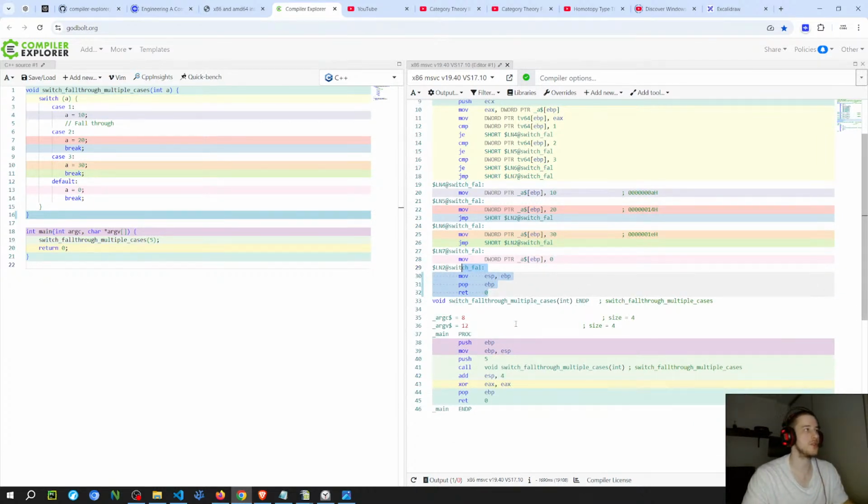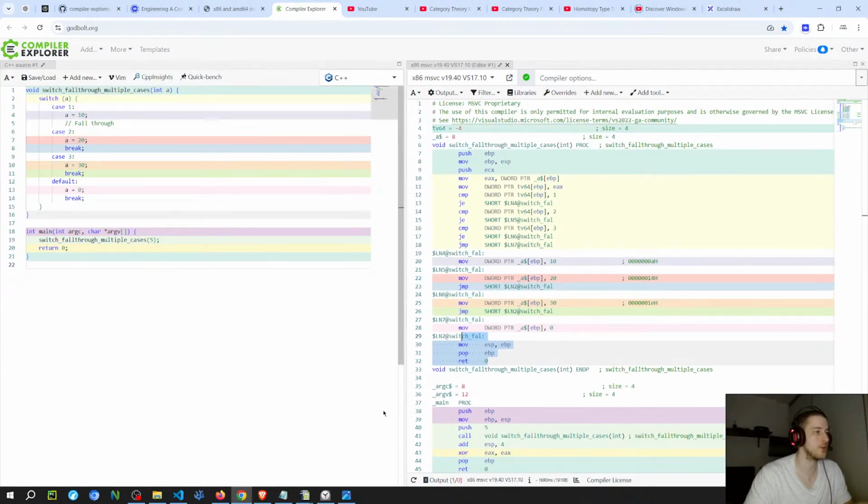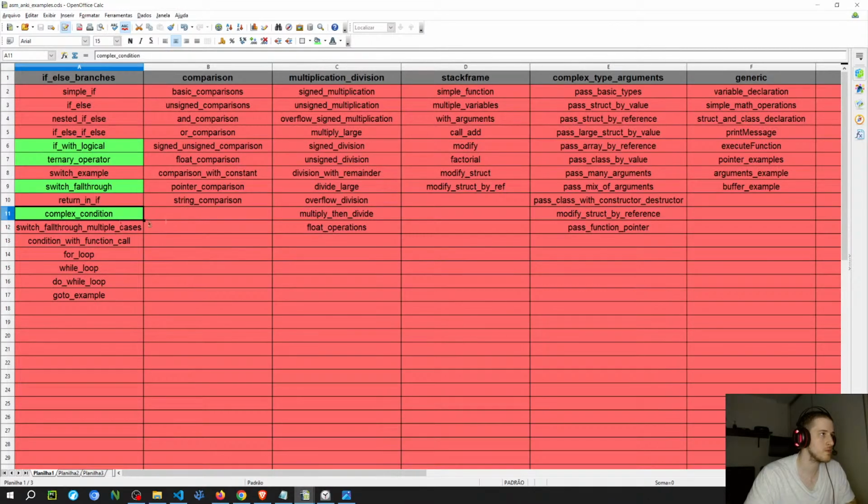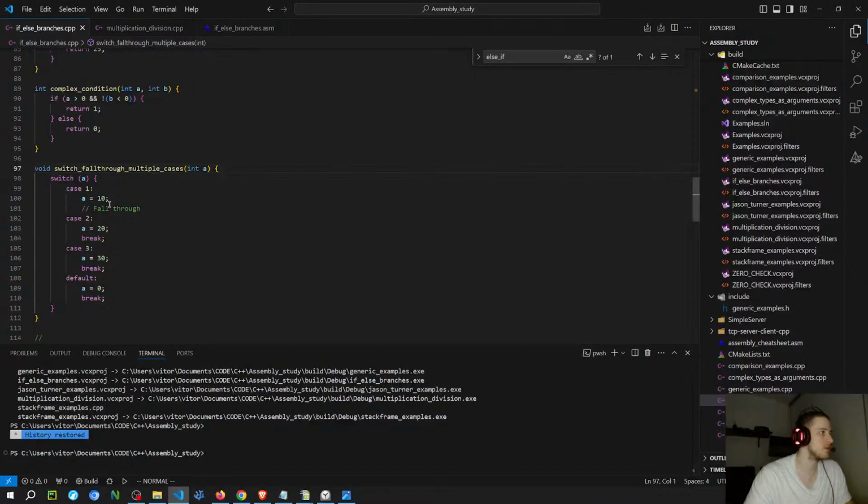So it's very easy to understand this one as well. So I think I'm going to put this one in the examples because of this relationship between the jumps. But it's becoming a lot easier for me to understand how it works.